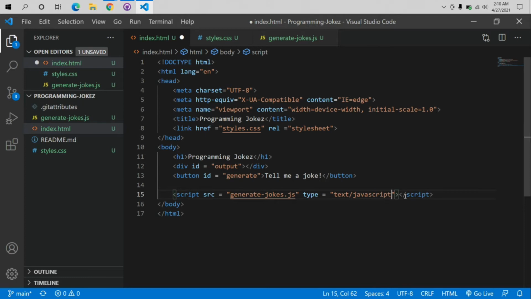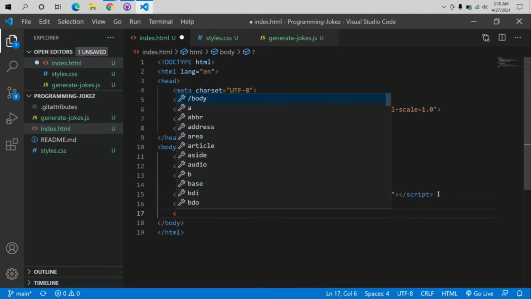Cool, done. Let's give a BR tag to break this line. Once again,